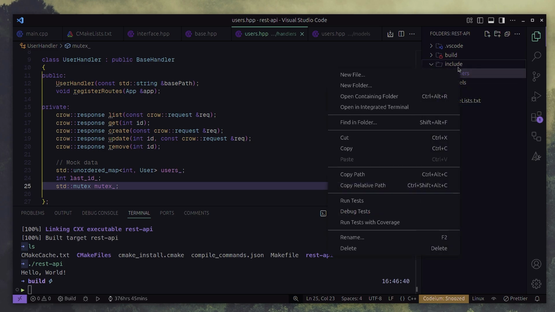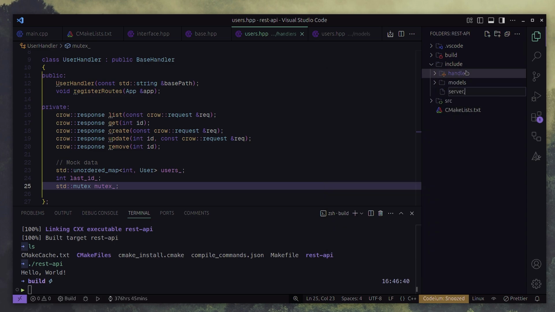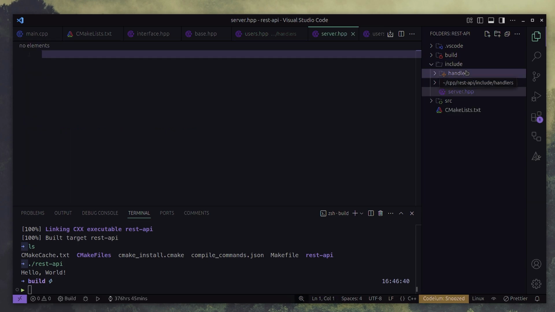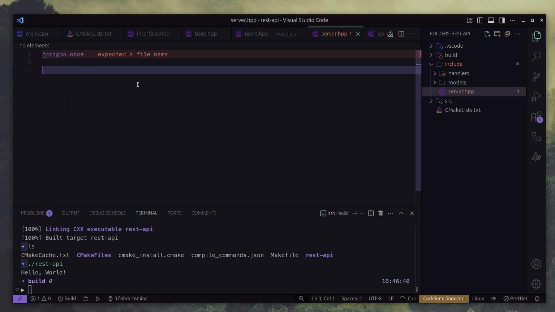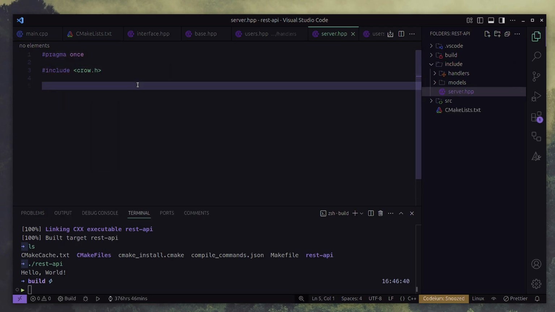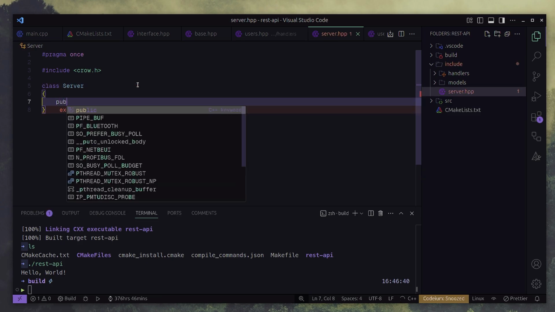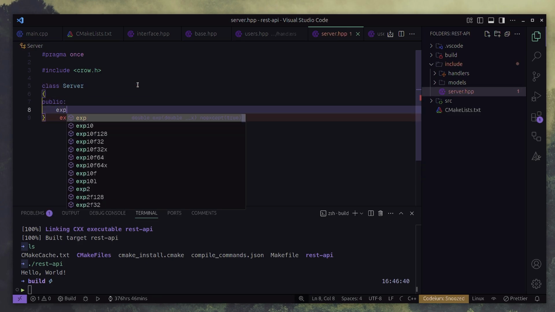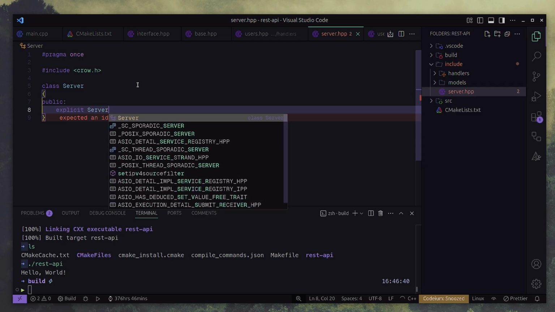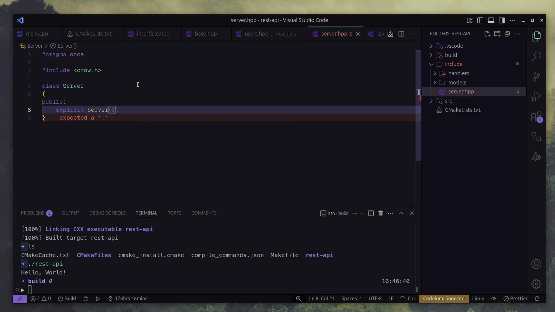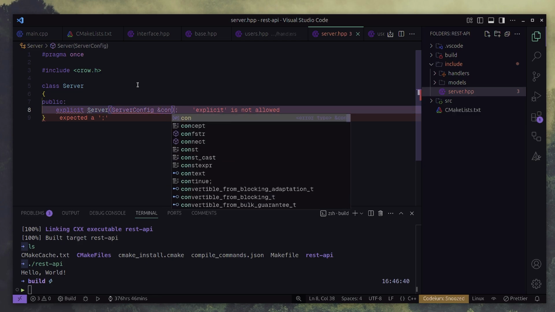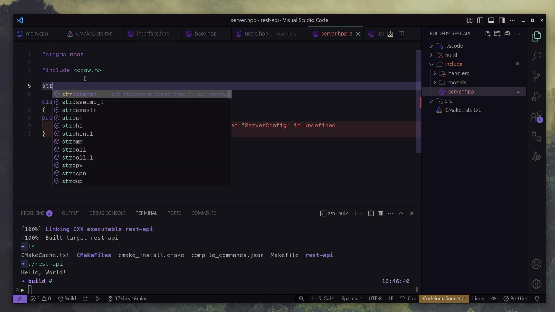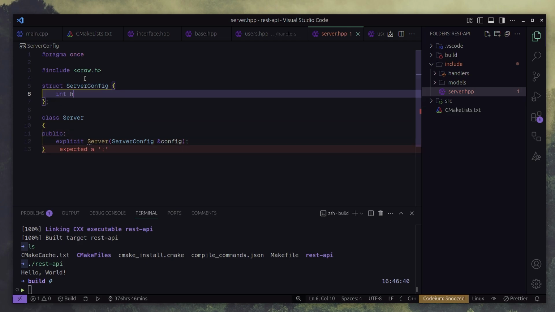Now let's create server.hpp in our include directory, where we're gonna implement the server class, and it's gonna be our main engine that brings everything together. So let's include our crow.h and define our server class. And in the constructor, we are going to take a server config structure that's gonna be used to customize important parameters. So let's define our server config struct